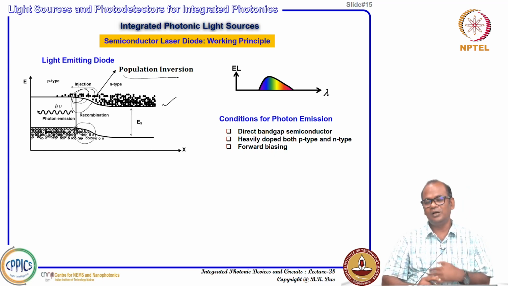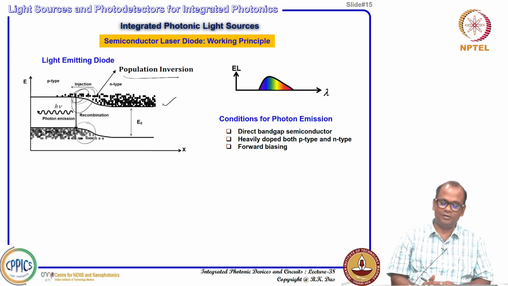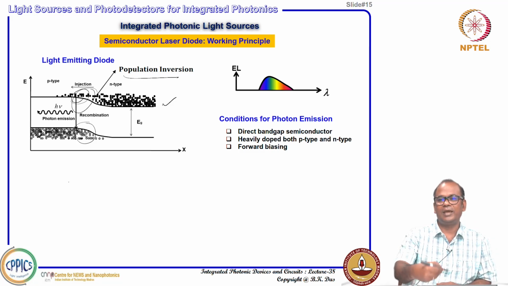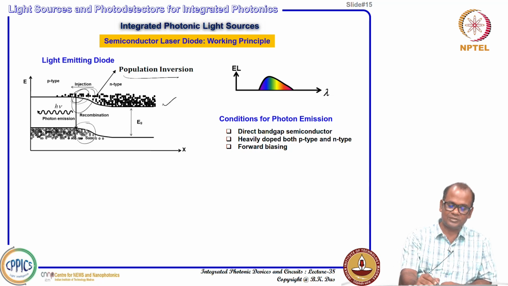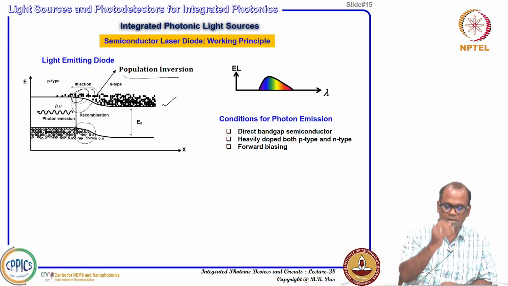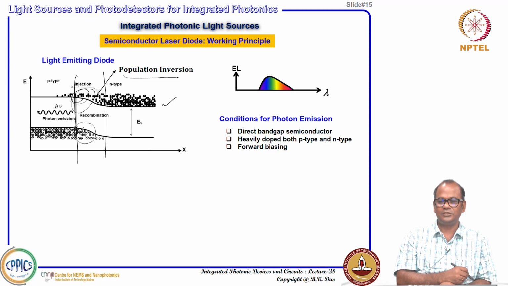That is, somehow you are actually forcing your distribution, not similar to a Fermi-Dirac distribution. It is something against the normal population of the electrons as a function of energy, and somehow we call it a population inversion. So, when this population inversion happens, you can imagine that in this region a lot of electrons are there in the conduction band and a lot of holes are there in the valence band, which is actually against the normal population